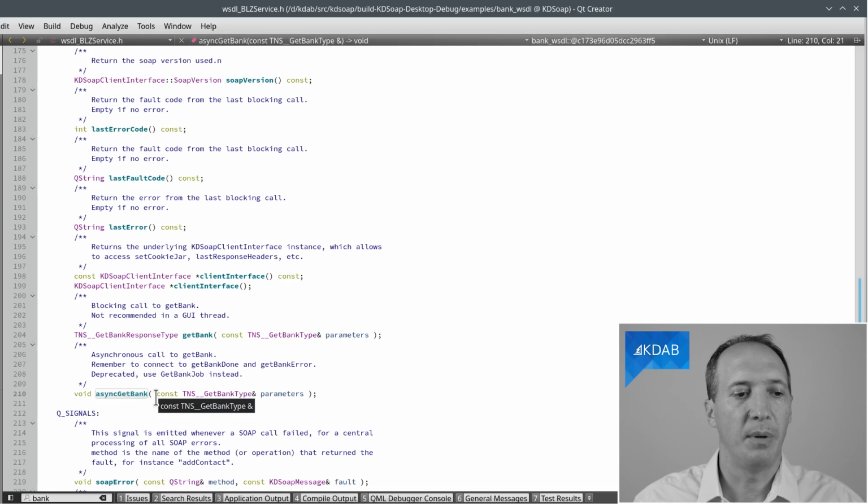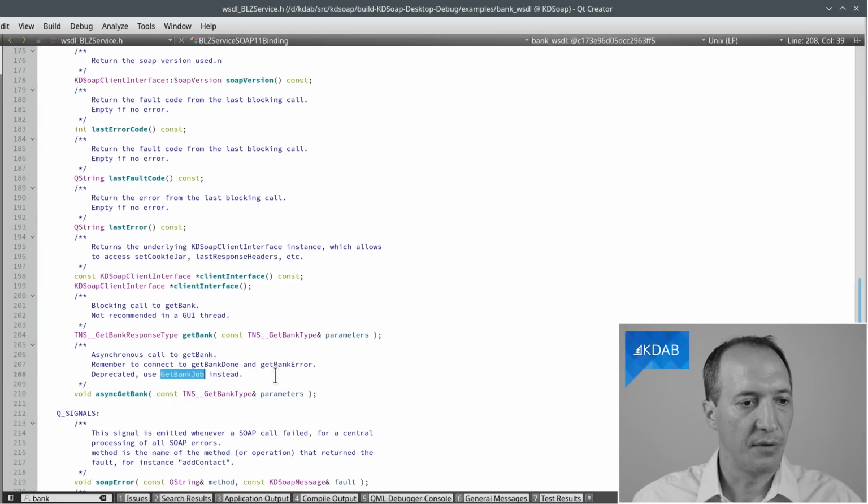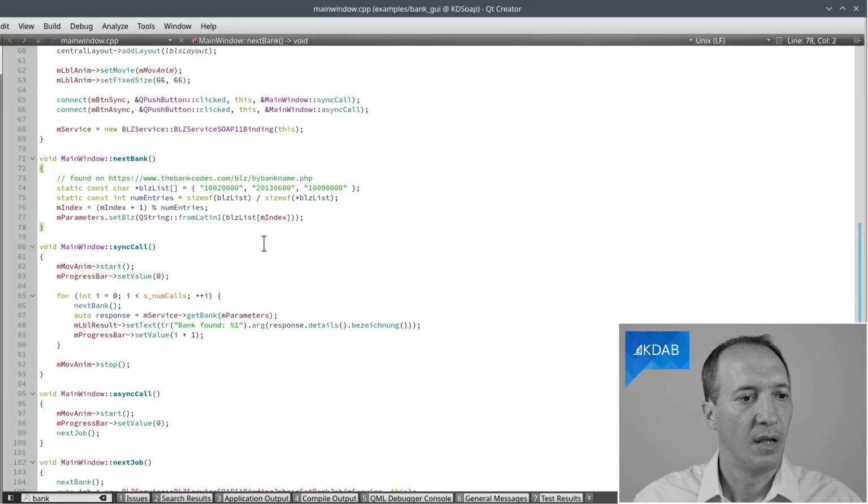This is deprecated API. Instead of that, we want to use a job class, which has all of the benefits of a job class, which is encapsulating a request and the corresponding response so that we know when we get a response, we know what it matches, we know where to find the data for it, and we know which request it came from. Now, how does this look in the actual code?